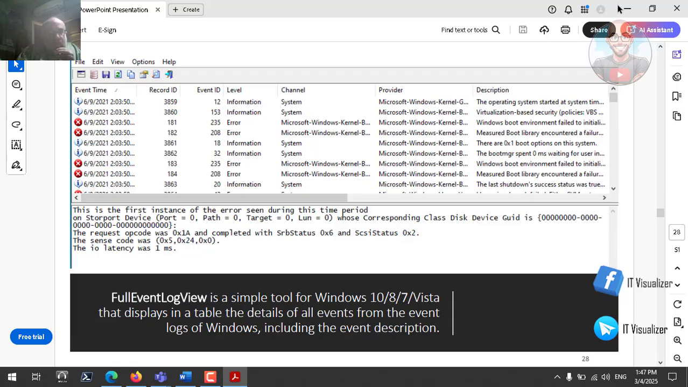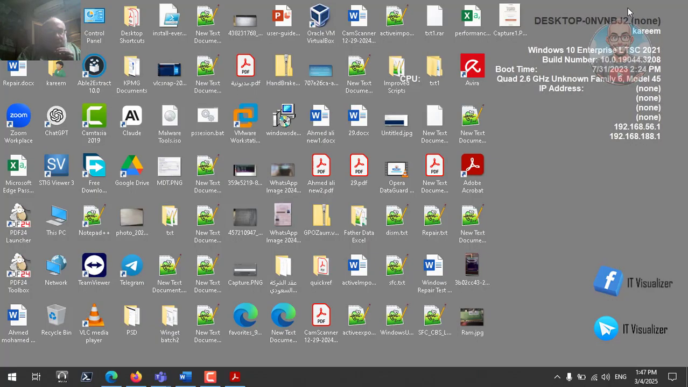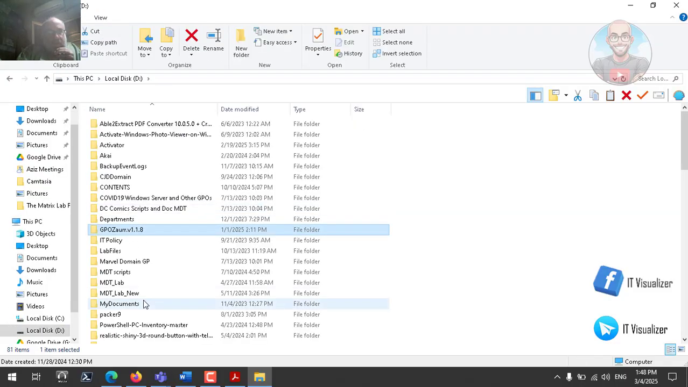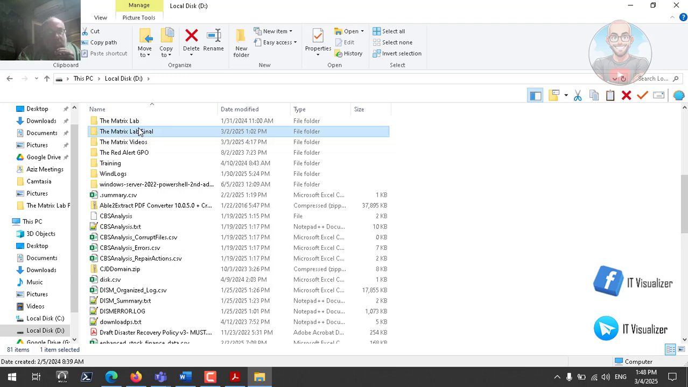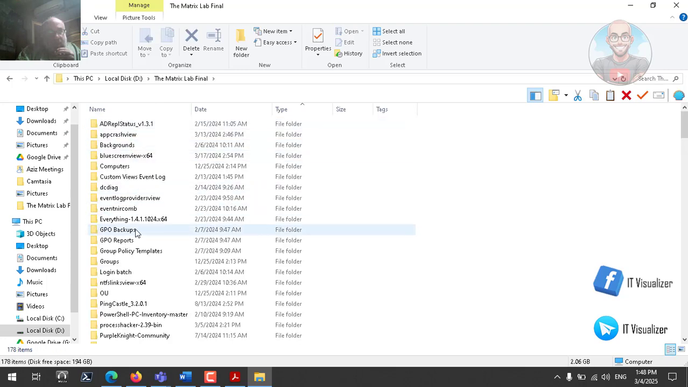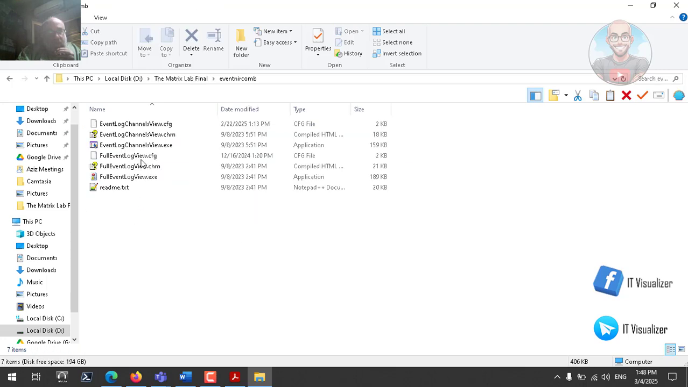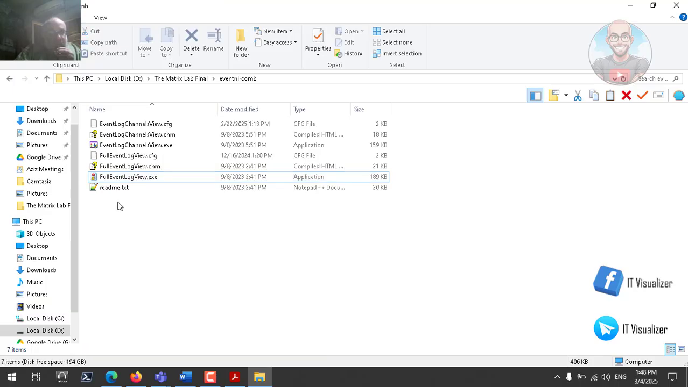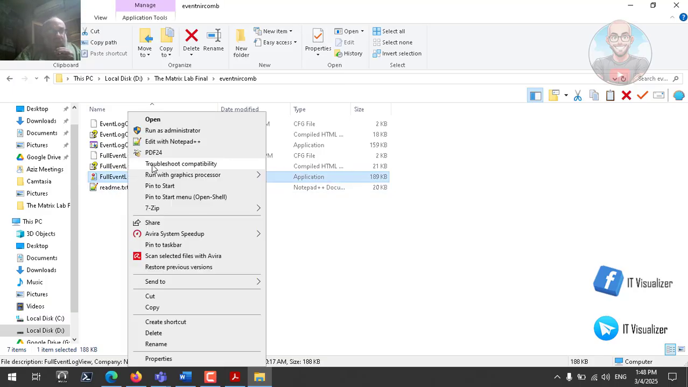We have seen this one, so let me show you this utility. If you go there and open this one, the final, and we have this one, let me show you. Here is the full event viewer. This is from Nirsoft. You need to go to Nirsoft, as we have seen in the beginning of the video, and search for Full Event Log View. So we can just do like this and run it,